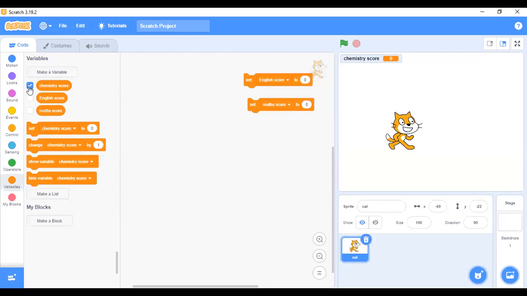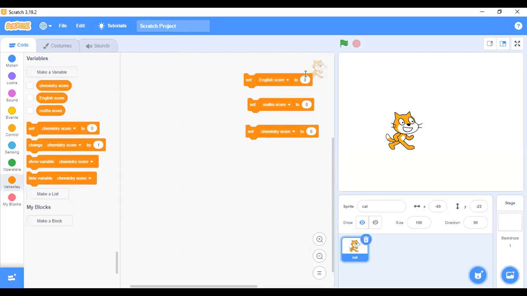This is another variable again. So basically, I can use this to collate something that relates to a report card. So basically, you can collate a report card using Scratch. Do you understand? So you make different kinds of variables.